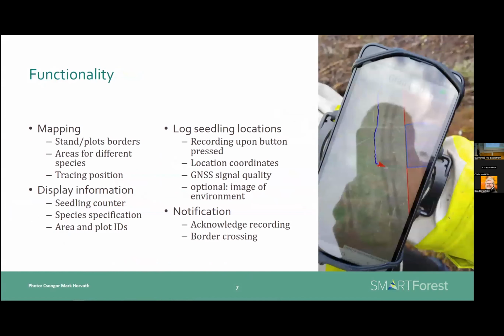And according to functionality, we can have a plan. We have stands and plots, and we can define that this area in this stand is for one species, and the other is for another one. So for example, if we know that root rot is very active here, then we probably shouldn't plant Norwegian spruce there. If you don't have this information, we won't act, but this is our attempt to address this. For the planters, we can show the species ID, a number,